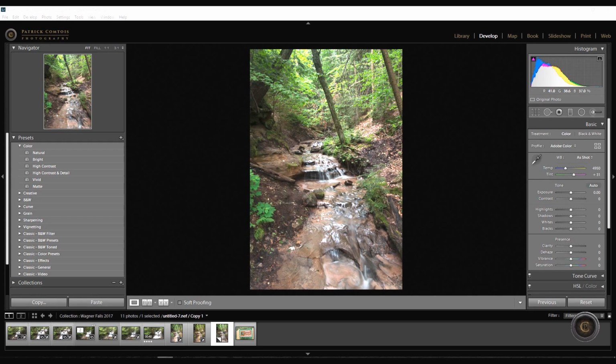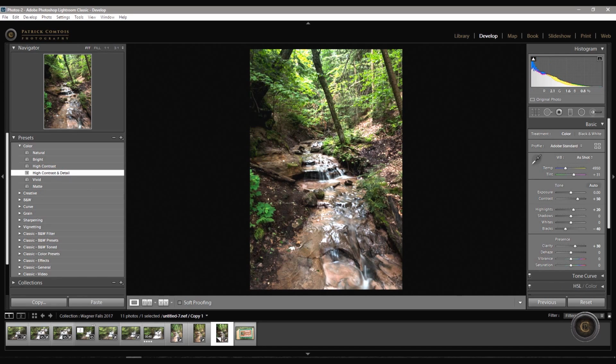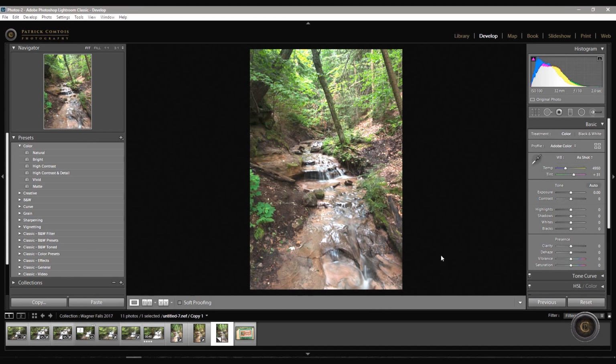Basically what I have here is just a photograph I took of a waterfall. It's the raw photo right out of the camera, so there's nothing applied to it. And I basically could use any of these presets if I hover over some of these. I'm just going to use high contrast and detail, and you can see it changes the photograph. Gives it a little more contrast and detail, just like the preset says, makes the photograph look a little bit better. I'm going to reset this back to the default,